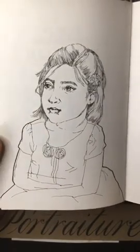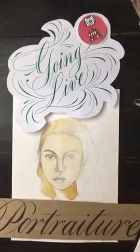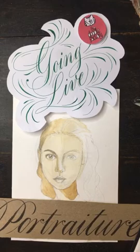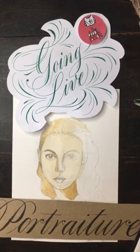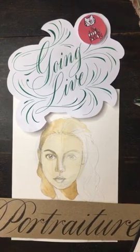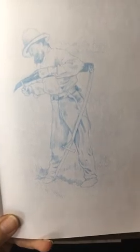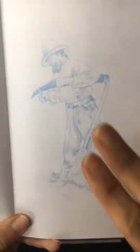Here's another one of my niece. I thoroughly enjoy making portraits, and it's quite a challenge to take on a portrait. It can be very frustrating when the features don't align and what you're drawing looks completely different from what you were hoping it should look like. But what I've found is that when we are practicing something like flowers, this is from a painting,